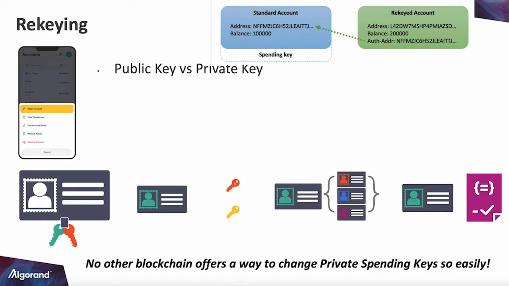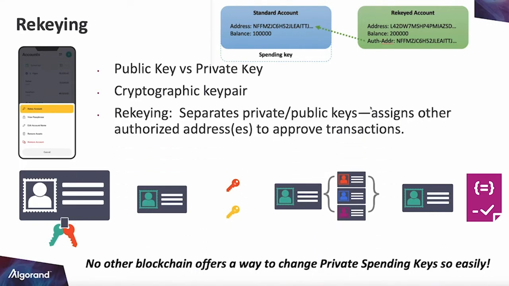And if you wanted to swap out the private key, it would be very difficult to do that without creating a brand new public key. So this is a cryptographic key pair, and you can see that on the left here, bound to one account. And what we facilitate with rekeying is separating the private and public keys, which assigns other authorized addresses to approve the transaction. So you can see that in the second